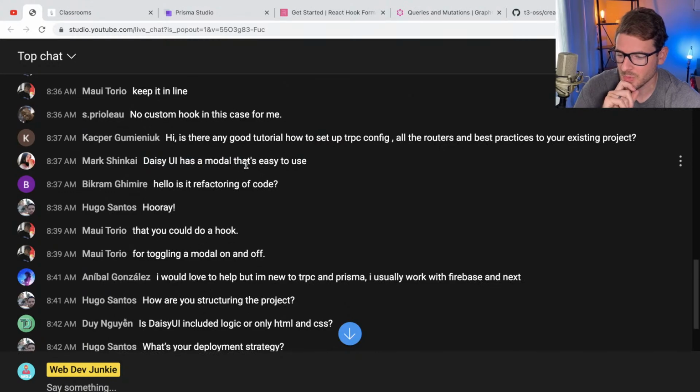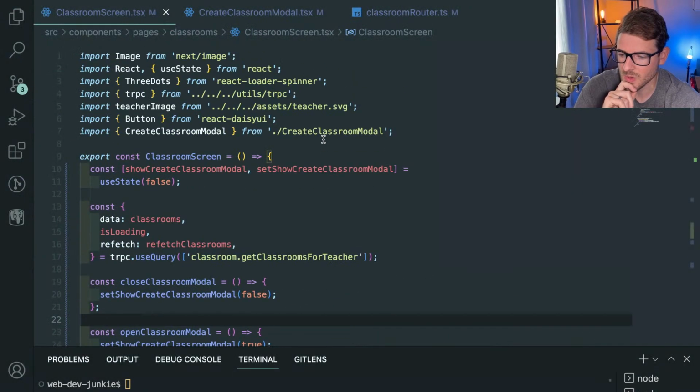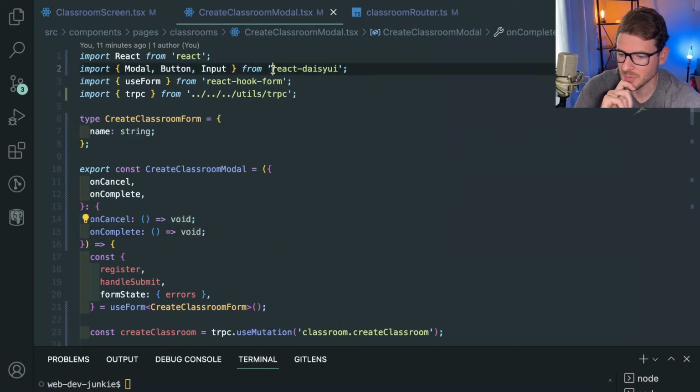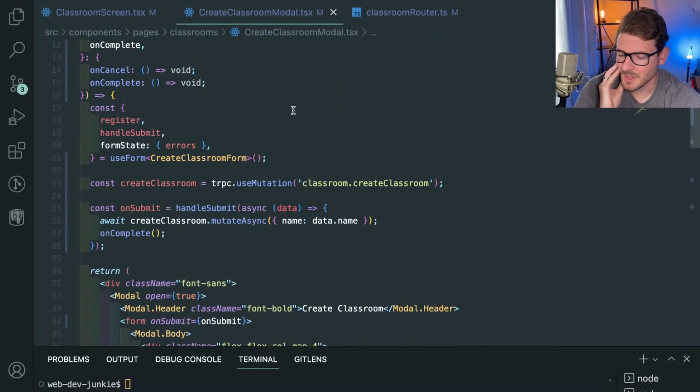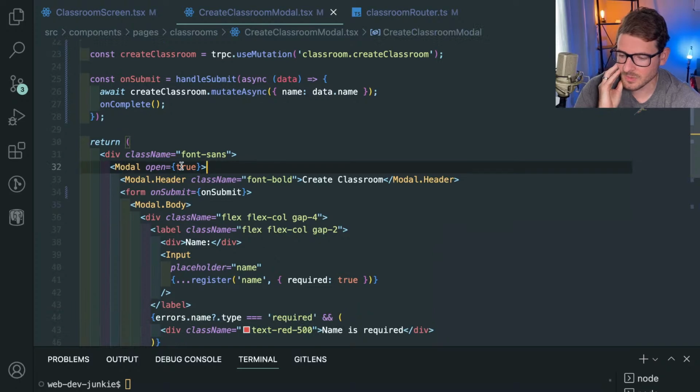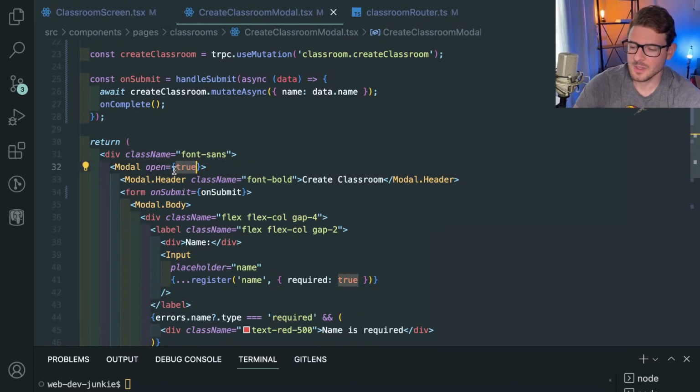Daisy UI has a modal that's easy to use. I am using Daisy UI actually. So if you look at the modal up here, I'm importing React Daisy UI. And then here's the modal, open, true. Now here's the thing. The reason I'm hard coding open to true is that I want this